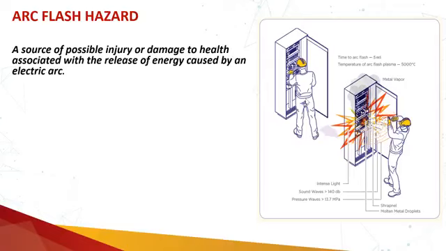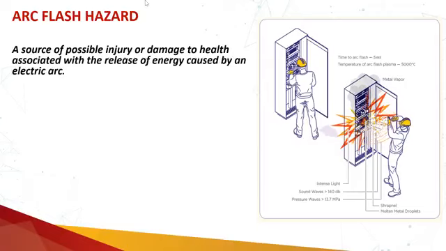Okay, so moving forward to the arc flash hazard. It's a source of possible injury or damage to health associated with the release of energy caused by an electric arc. This is the definition you are going to find in Article 100. What's an arc flash hazard? It's basically a source of possible injury or damage to health associated with the release of energy caused by an electric arc. The electric arc could be caused by human error, or by